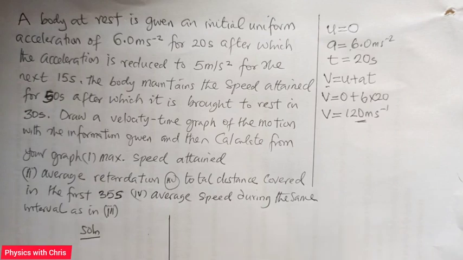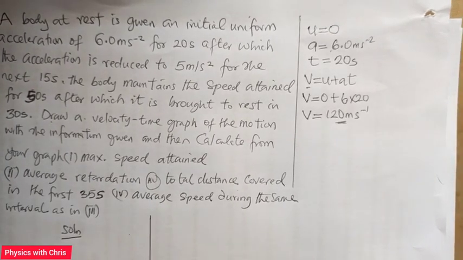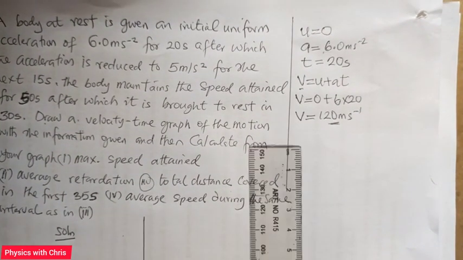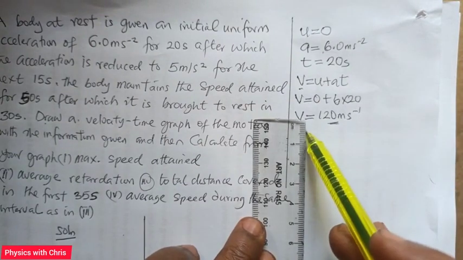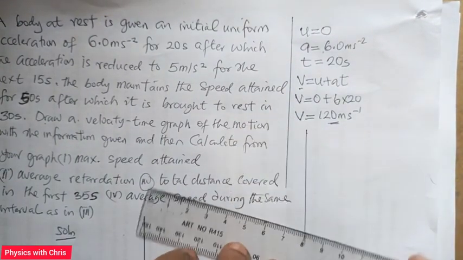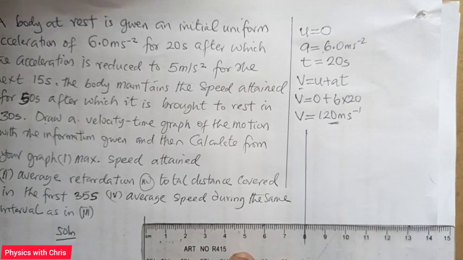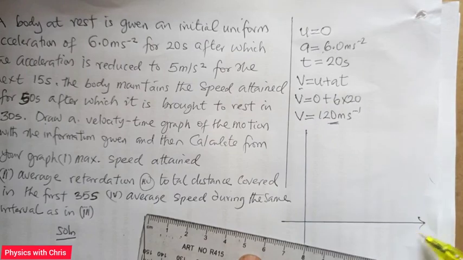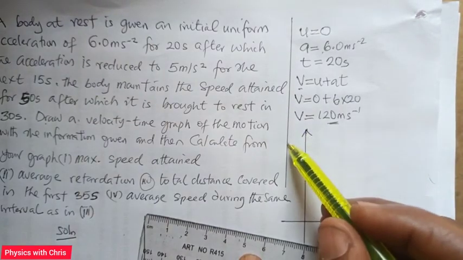And how do I show that graphically? Because if you come down here, the question says draw a velocity time graph of the motion of the body using the information given about the motion of the body. Before I move to the next line of the question, I want to quickly start drawing the velocity time graph of this body. Okay, this is time and this is velocity